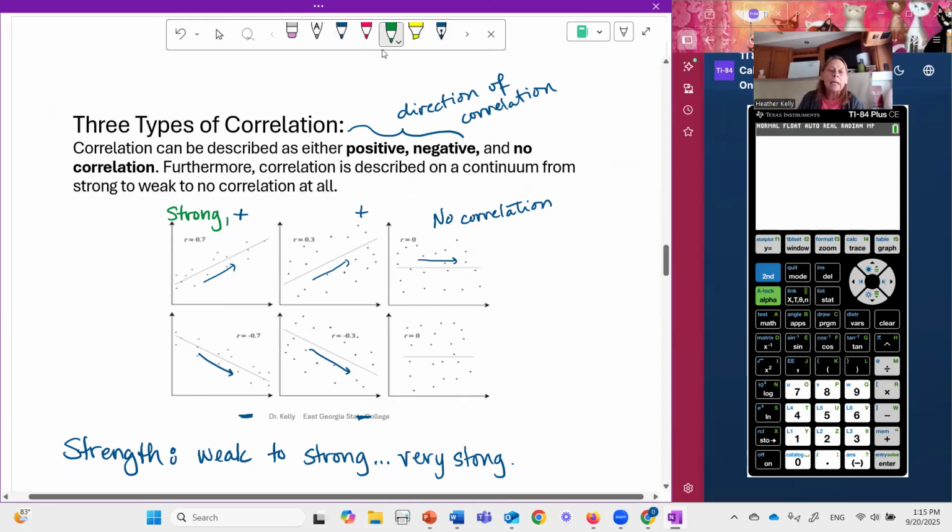And if you look at this second one here, you could call this weak. You could say it's kind of moderate. If we didn't have that line going in the middle there, we wouldn't necessarily see that it was trending up in a positive direction, but you can kind of see it in here and in here. But because it's not all very close together, I would call this weak, or another one I like to say is moderate. Like you can see it, but it's not super strong. And then I would say the same thing down here, that the first one